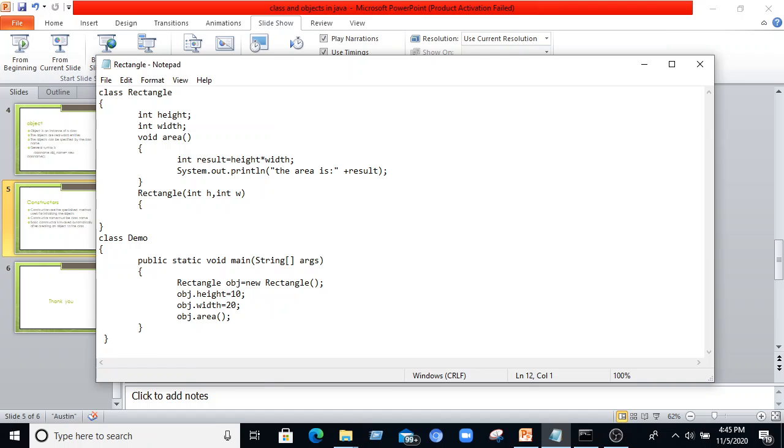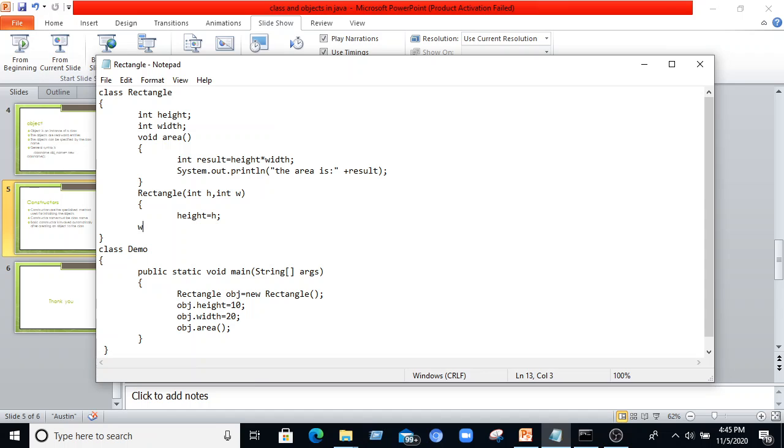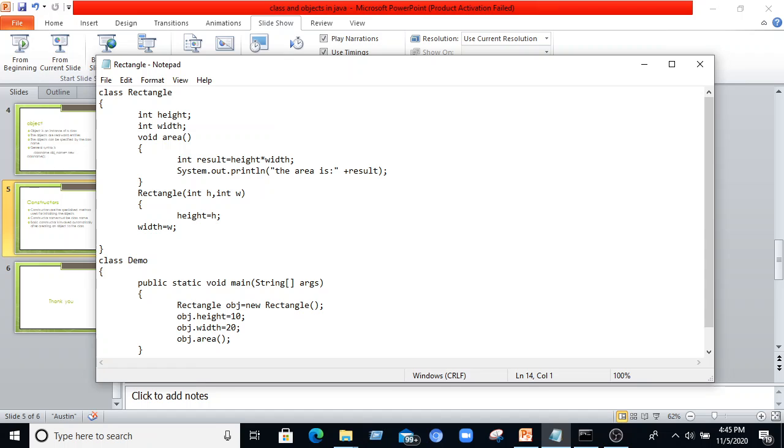I am giving the parameterized constructor over here, and height is equal to h, width is equal to w. This is the parameterized constructor.